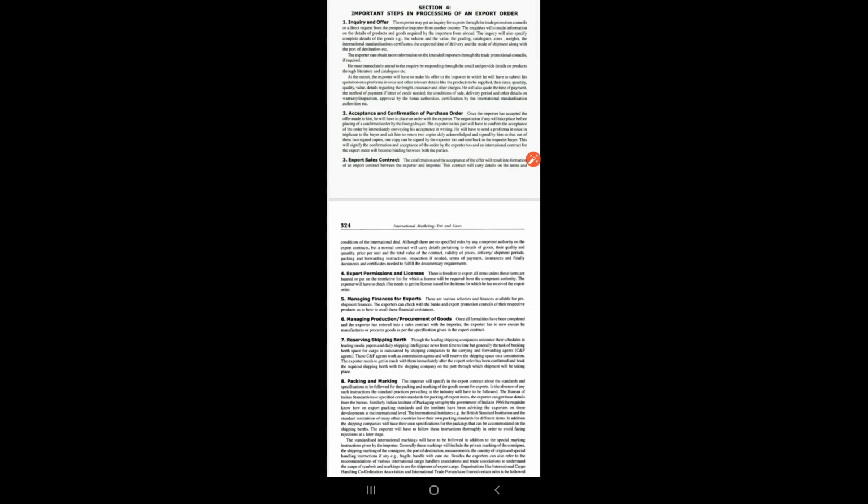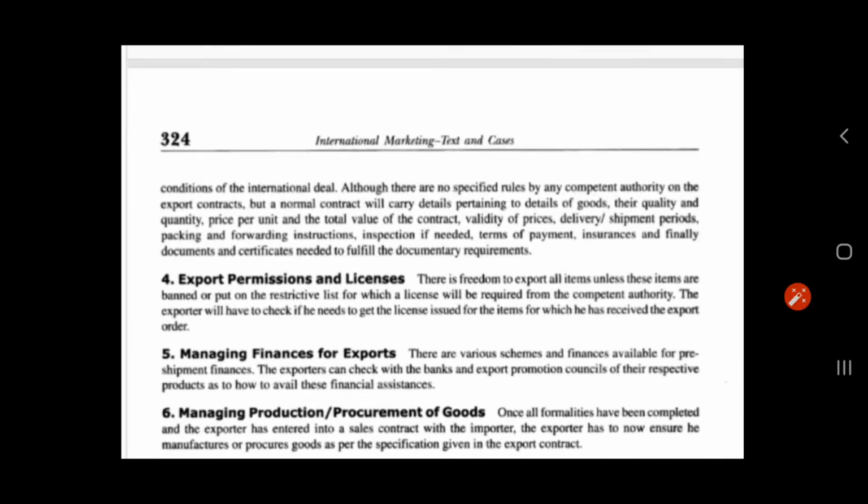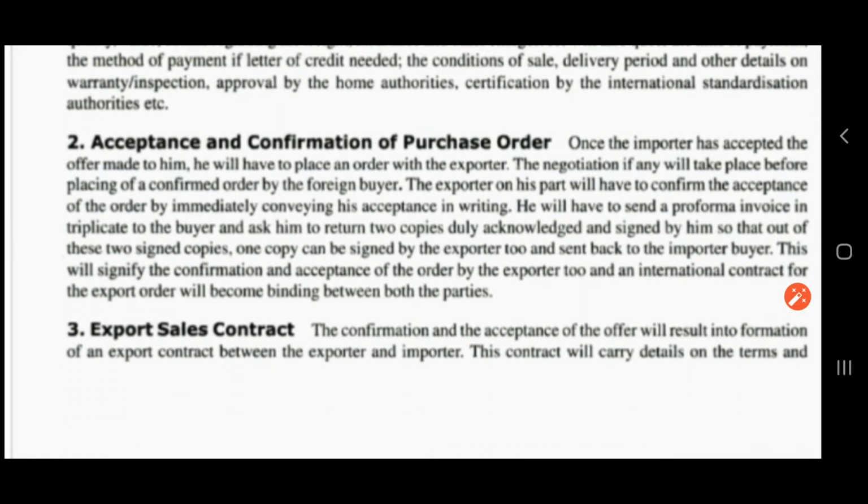Then it goes to the third step. What is that? Export sales contract. So here in the invoice, what information is shared and accepted by both the parties? Only about the quantities of the products and the prices of the products and time of delivery. Such kind of basic things are negotiated and approved by both the parties, the exporter as well as the importer. It is not enough